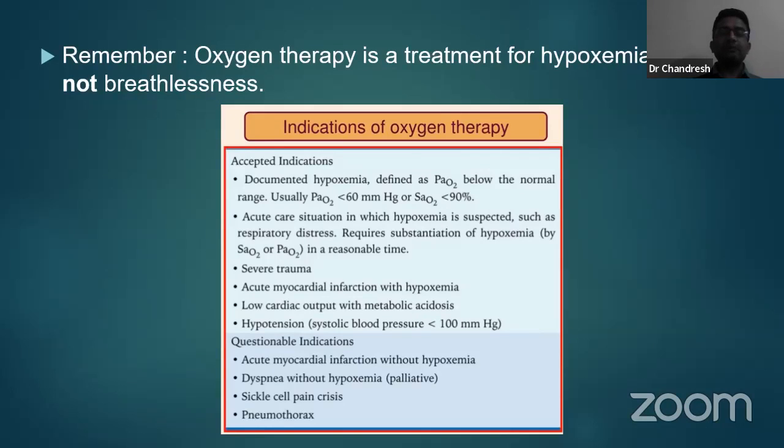These patients are the ideal patients who should receive oxygen therapy. There are a few indications which are questionable. Like in many setups, we have seen that patients who develop MI immediately get first therapy, MONA: morphine, oxygen, which means oxygen will be there. But that is not the scenario every time. Sometimes the patient will be completely oriented, without any shock or significant hypoxemia. In that patient, it is questionable.